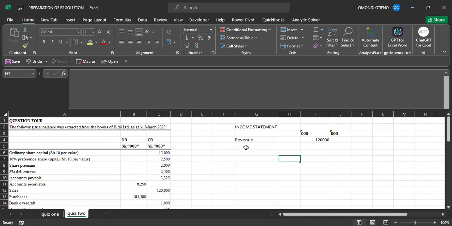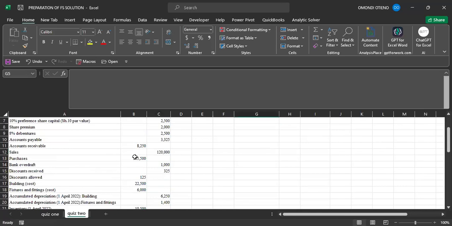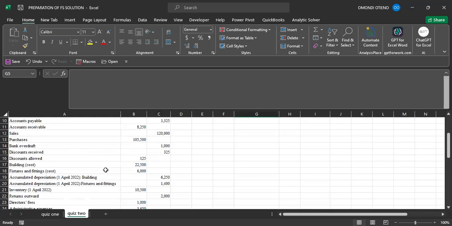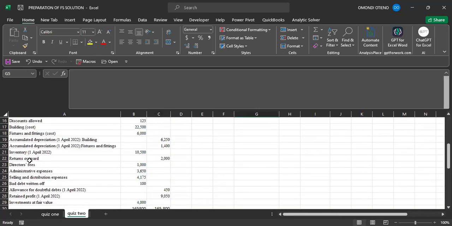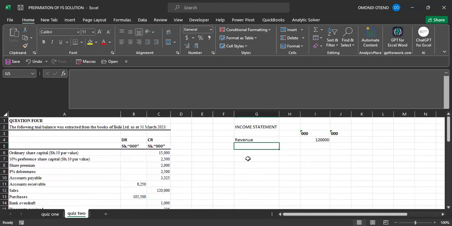Or even before you get to cost of sales, do we have anything affecting revenue? That is return inwards. We sold goods, but our customers have decided to return goods to us. Do we have return inwards? It is not provided here, right? We only have return outwards. So return inwards is missing, and therefore this revenue becomes the net revenue or net sales. So to this, we need to deduct cost of sales.